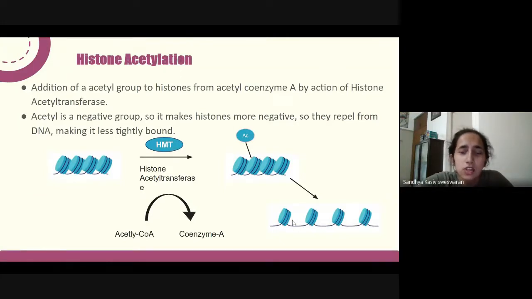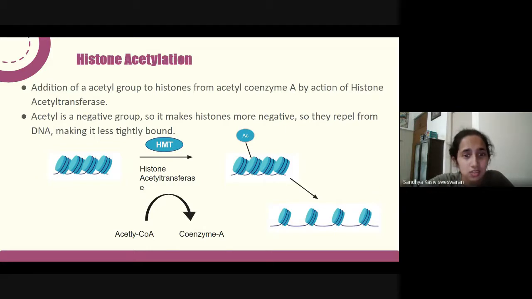And if you just look at it, you can see that there's space, right? So there's space for enzymes to come and attach to your DNA so that they can convert that to mRNA and convert that to proteins. So in any specific cell, if I want the gene to be expressed, what I might do is add an acetyl to my histone so that the DNA is accessible so genes can be expressed.